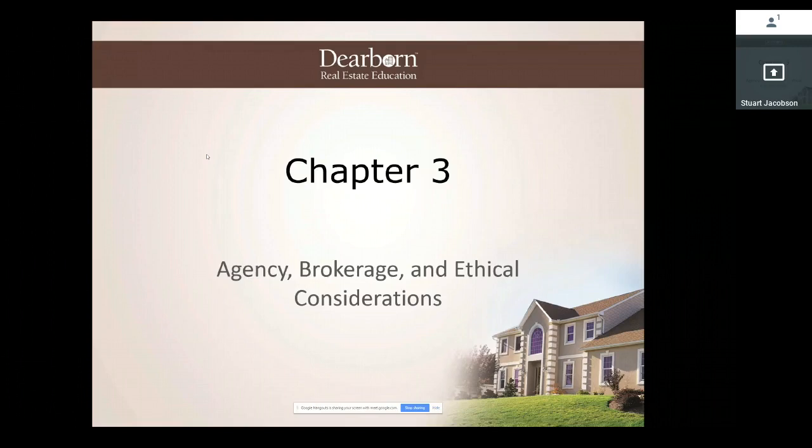Then the last type of agency relationship that can be created is that of special or specific agency. That would be best described as a real estate agent working in the capacity that they typically work, which means the real estate agent typically will work on behalf of a client to market their home or to help them purchase a home. So if I list the home for a seller and they want me to market their home for sale,